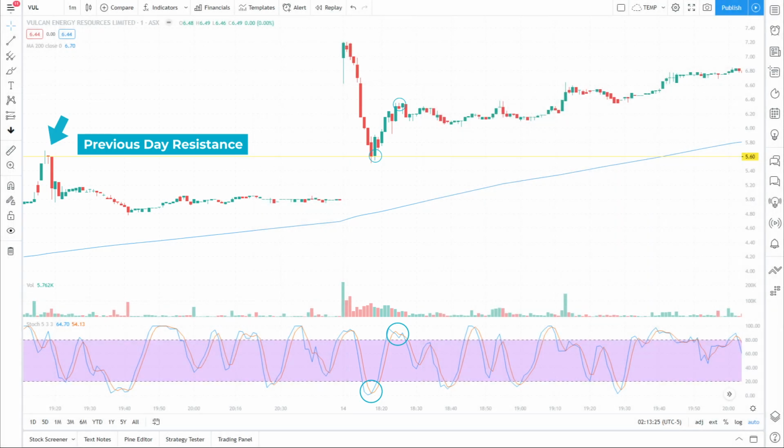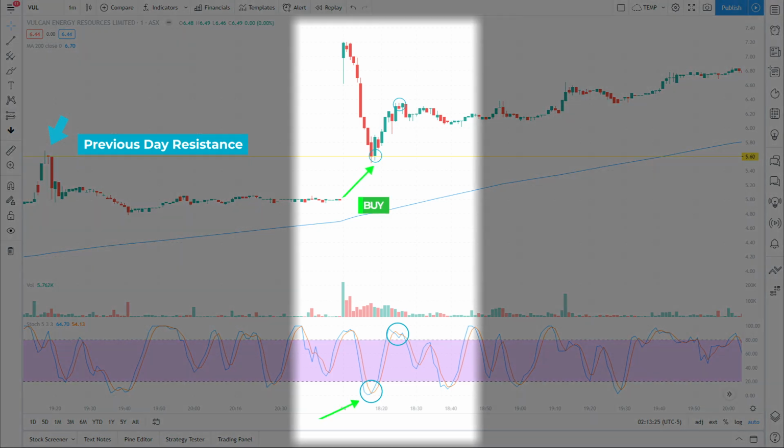For my own personal trading style, I require all of these conditions to be met before I take a trade. This results in my win rate being quite high compared to many other traders because I only take trades based on the best quality signals with multiple sources of confirmation. Here is an example of a trade that I have taken recently. This green arrow is my entry and this red arrow is my exit. Notice that I have entered after the stochastic has given me an entry signal when price is at a support level, suggesting that price may move higher from here.